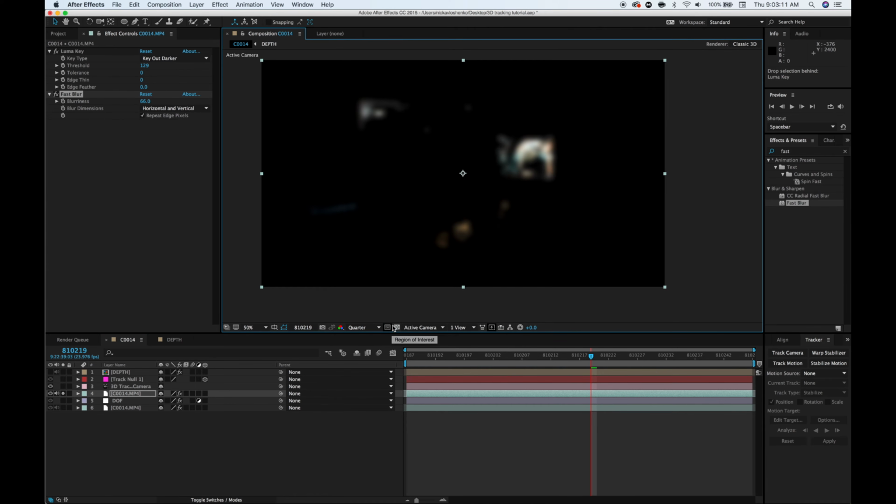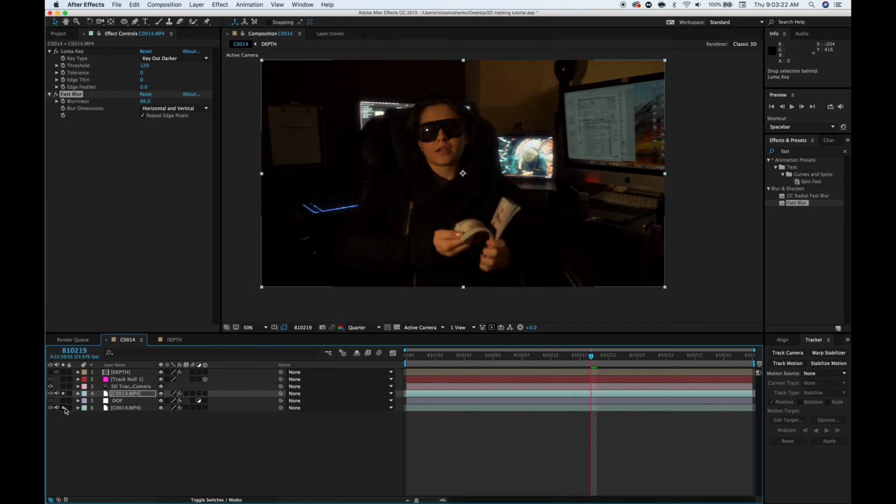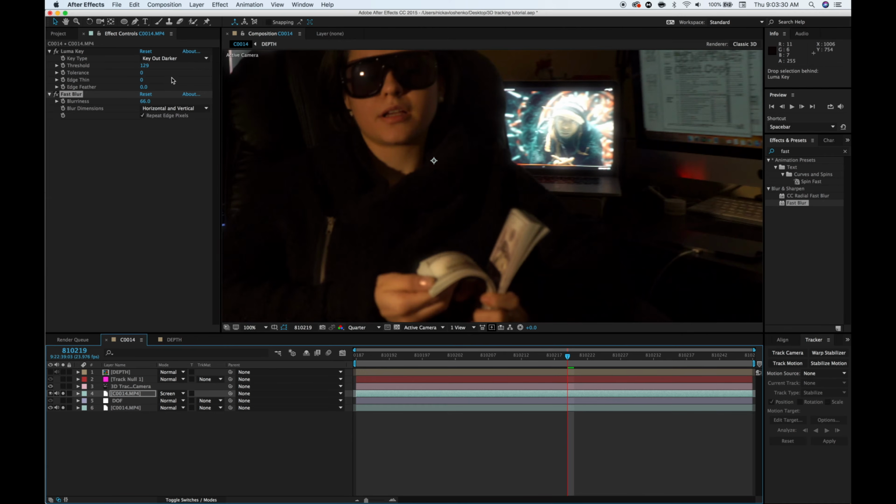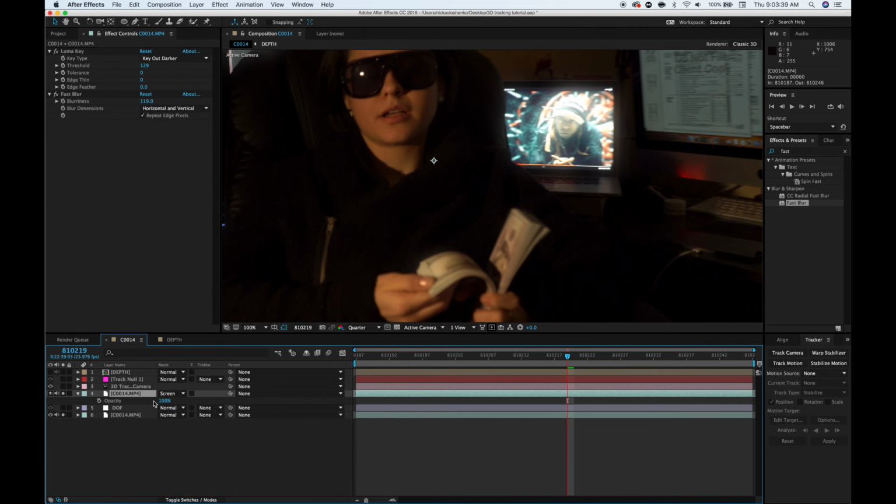So if we get rid of the invisible background, you can see it on the dark. So basically with the Luma key, you're isolating only the white areas. So let's just look at the glow and the background, and what we're going to do is choose screen. So you can see that adds this glow. We might even make it slightly bigger. That looks good. And we're gonna hit T on the keyboard to pull up the opacity for the layer, and